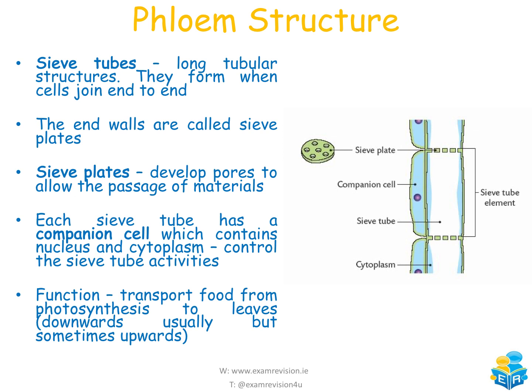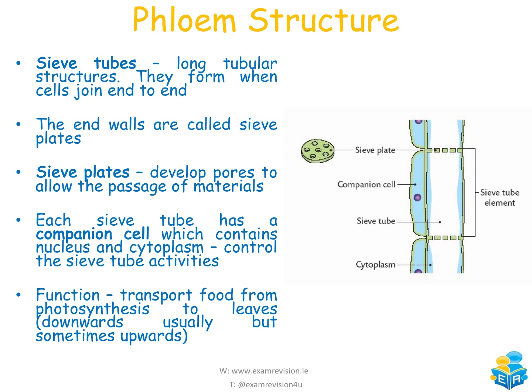Phloem on the other hand, we have our sieve tubes, sieve plates and companion cells. So if we have a look here, these companion cells are towards the outside. We're going to look at the sieve tubes and sieve plates as one whole now. So the sieve tubes, these are long tubular structures, kind of like the vessel elements from before. We don't have the holes at the side. So we have our long tubular structures, so there's one there, and they form when cells join end to end. Okay, we can see that we do have some gaps in there in the centre as well, and these come from our sieve plates. So these sieve plates develop pores to allow the passage of materials